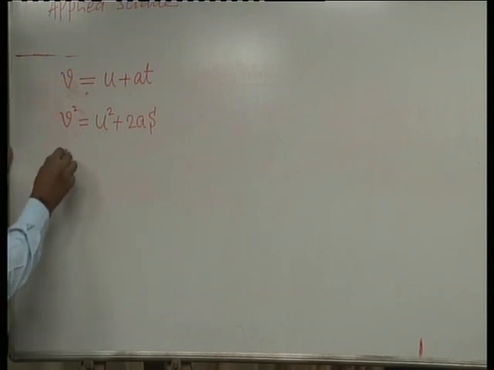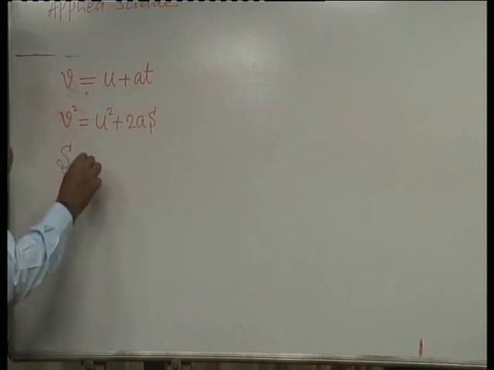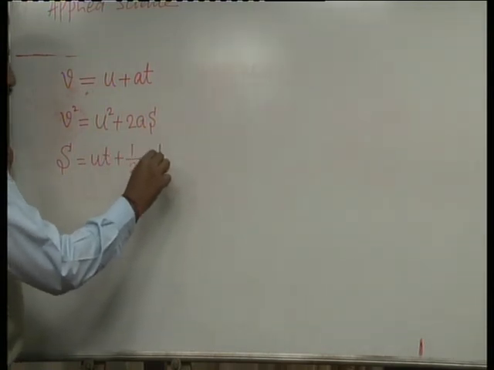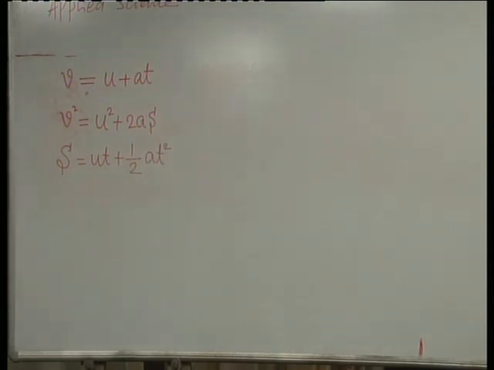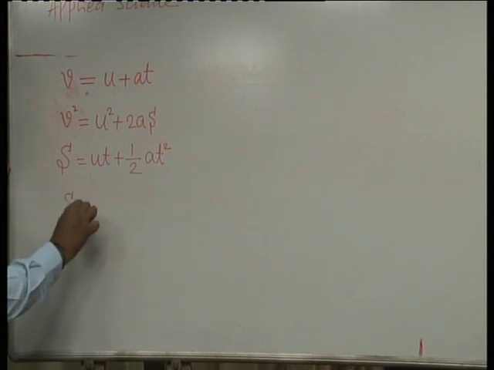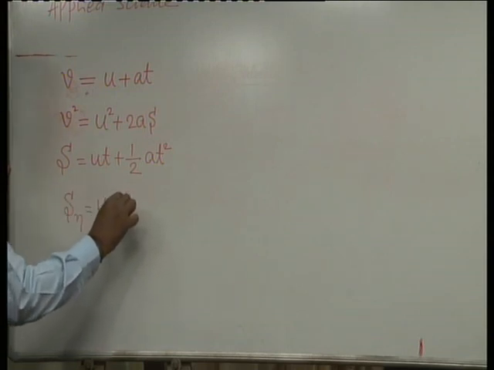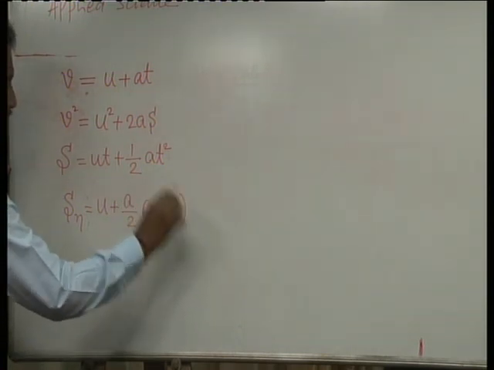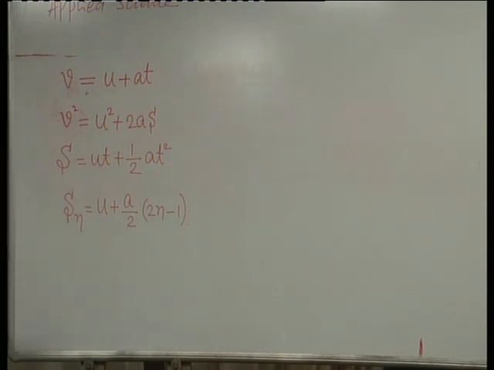Then one more equation is s = ut + (1/2)at squared. This is also one of the equations of motion. One more is S_n = u + (a/2)(2n - 1). S_n stands for the distance travelled by a body during the nth second of its motion. It doesn't mean that